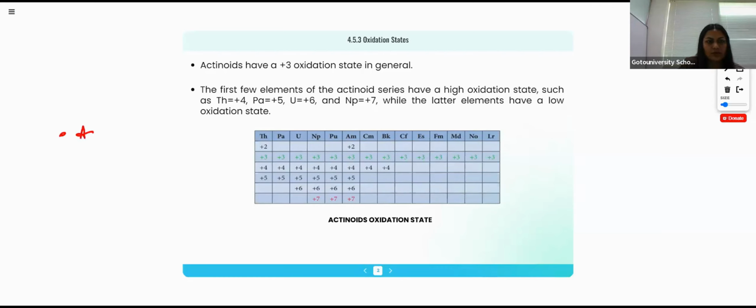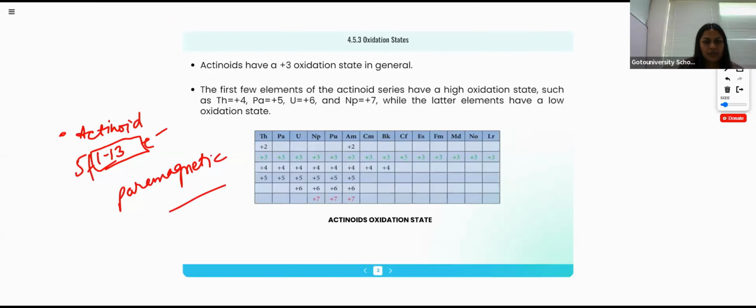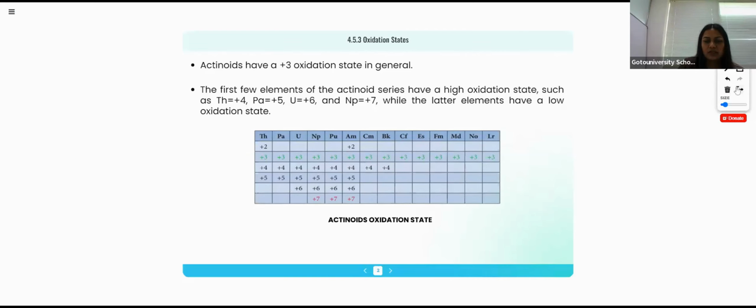Also, the actinoids, like lanthanoids, in the 5f orbital with 1 to 13 electron filling, show mostly paramagnetic behavior. So the 5f orbital shows paramagnetism till 13 electron filling, because the electrons generally remain unpaired. Next,